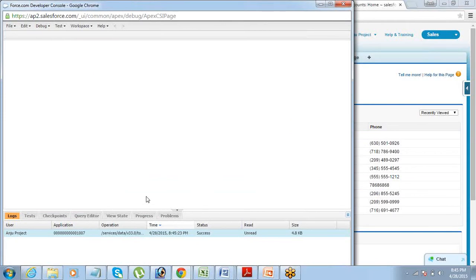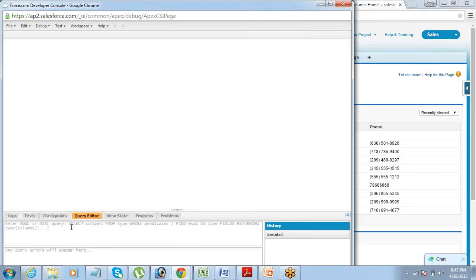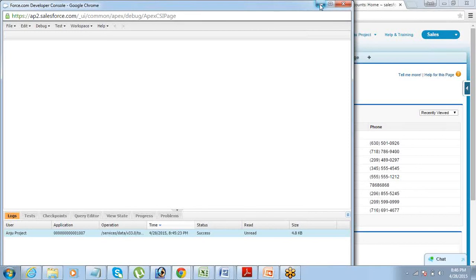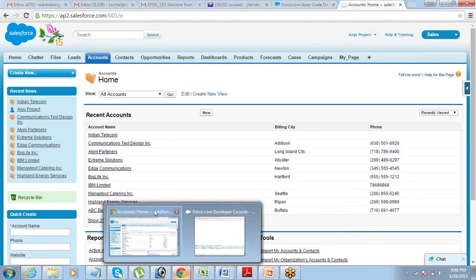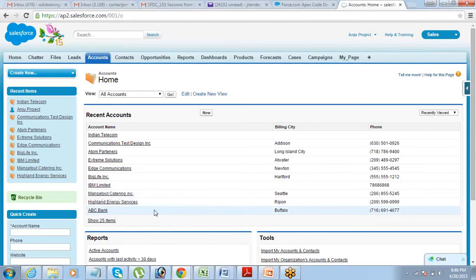This also has a query editor. You can write the queries here and fetch the data and stuff like this. So this is how anonymous code block works. It is very simple. There's not much you can do here. You just write code and execute it from the developer console.